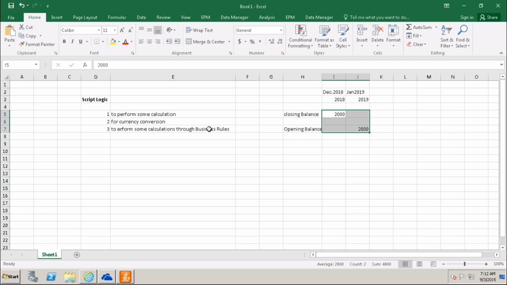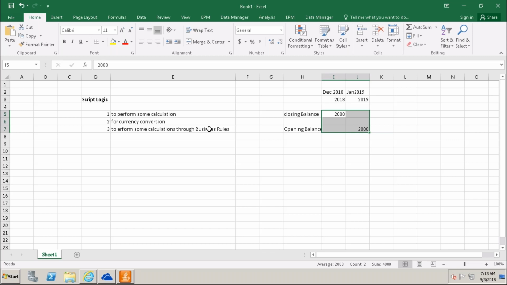And also we have some other flows, opening balance, closing balance, some other activities we will do in finance. Those activities we can do by the business rules. That business rules calculations also we will perform through script logic.